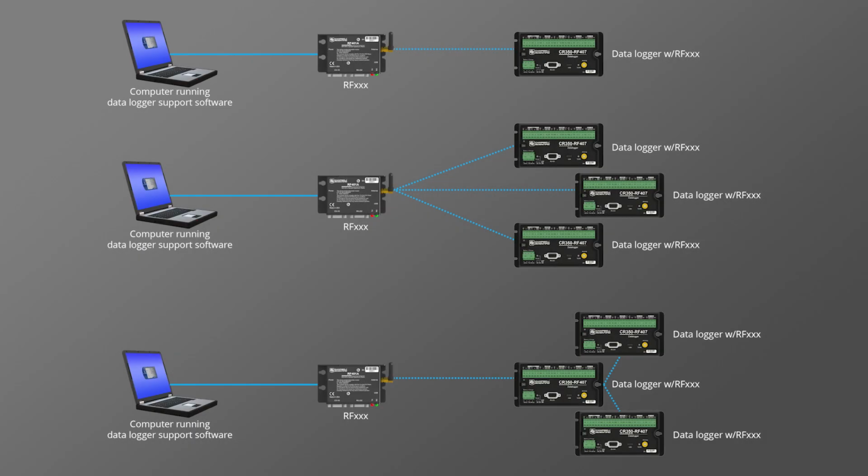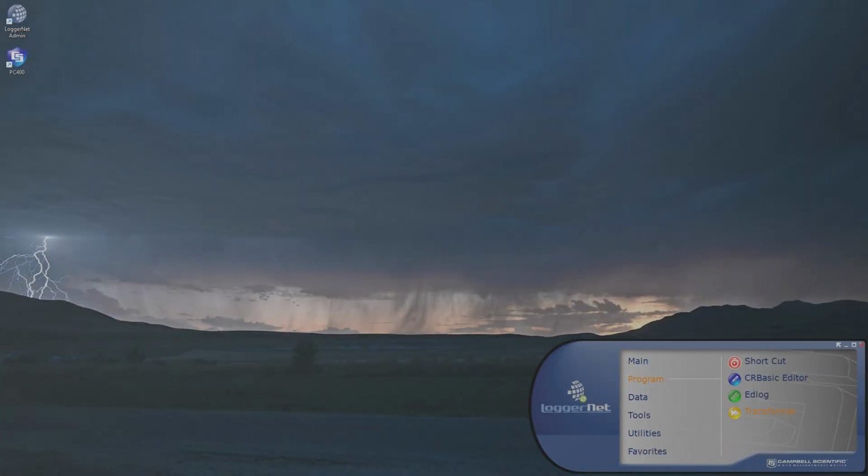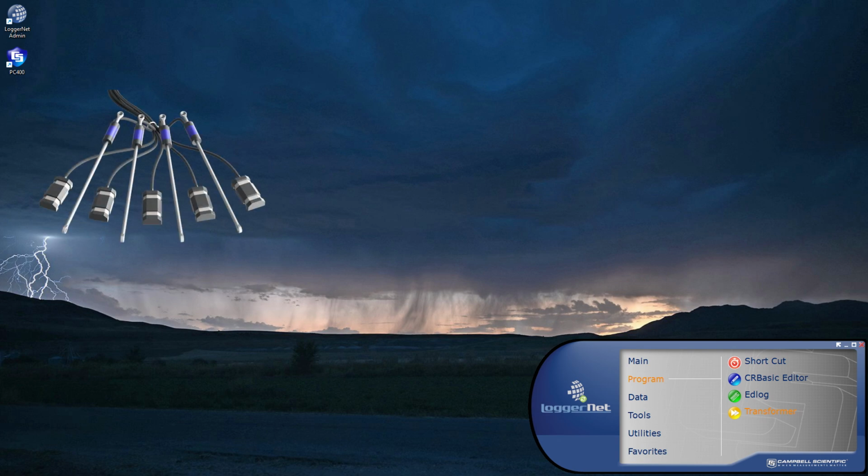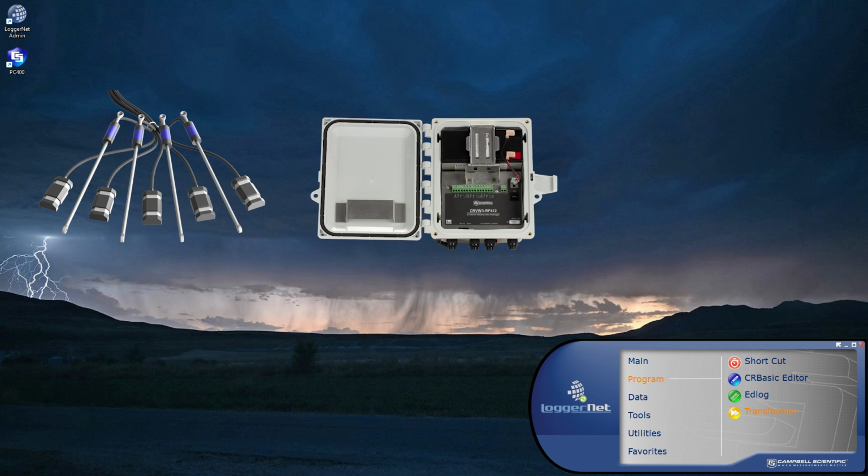Deploying and maintaining a network of data loggers across multiple locations can be challenging, in part due to long programs with many variables, measurements, and data tables. In this video, I'll demonstrate how to use include files in a CRBasic program to streamline programs and create reusable code libraries. For this demonstration, I will consider a network of vibrating wire sensors with one CRVW3 and two CR6